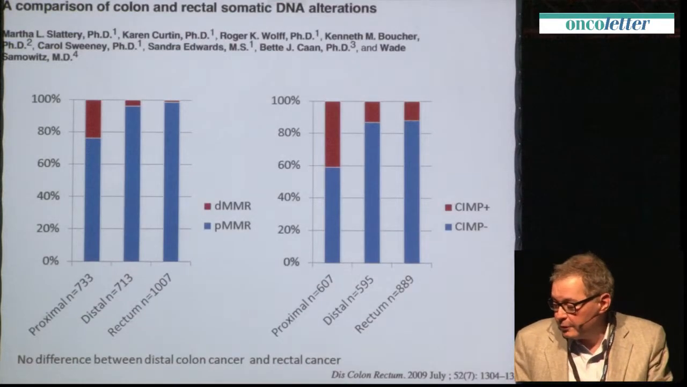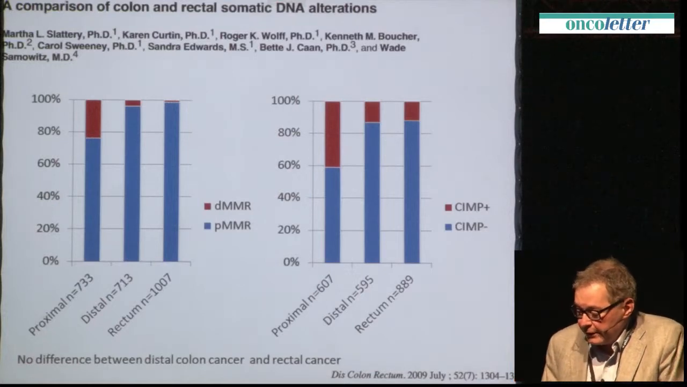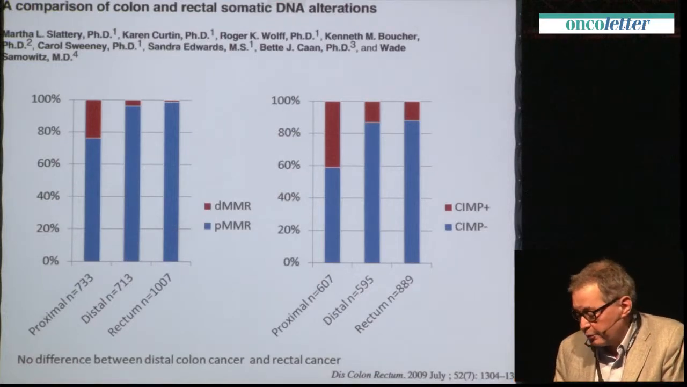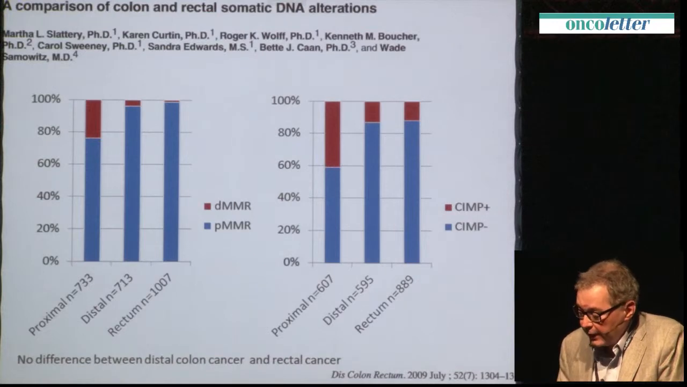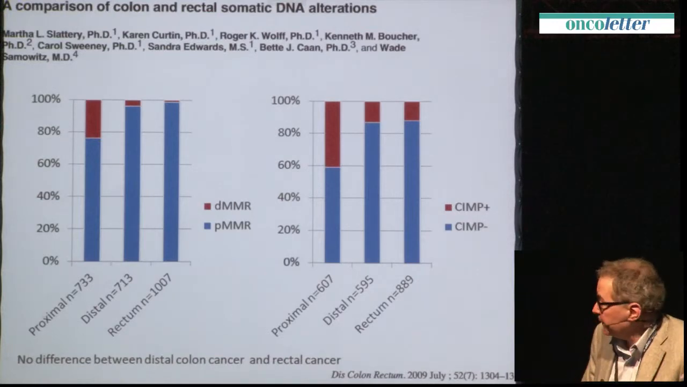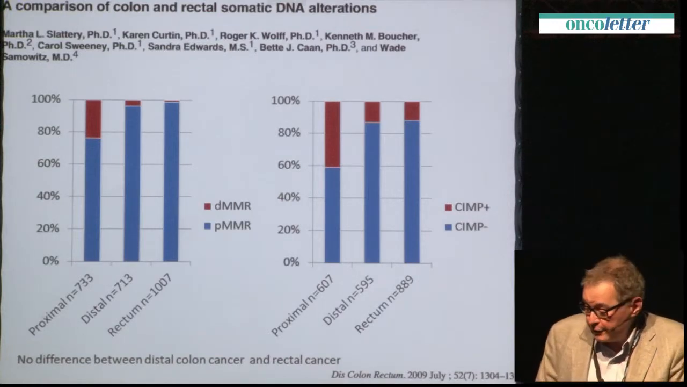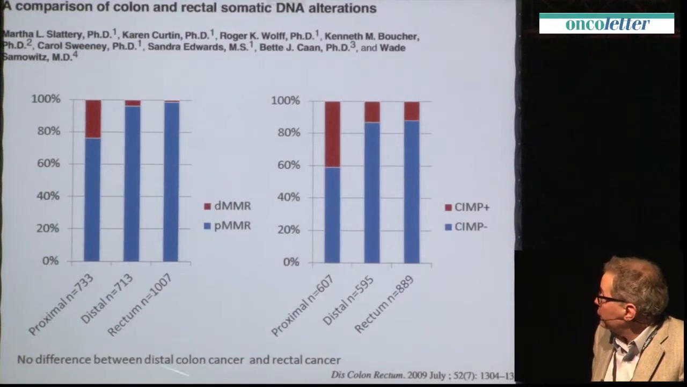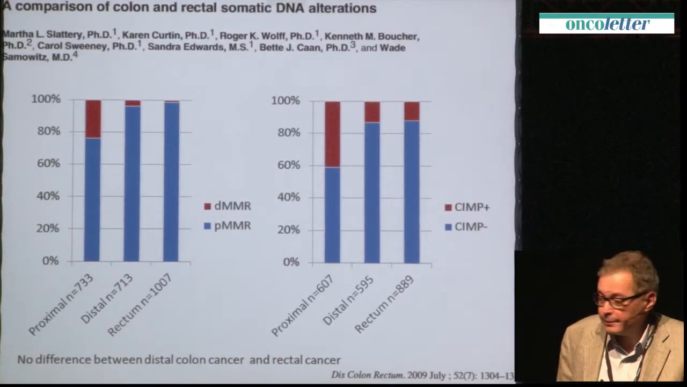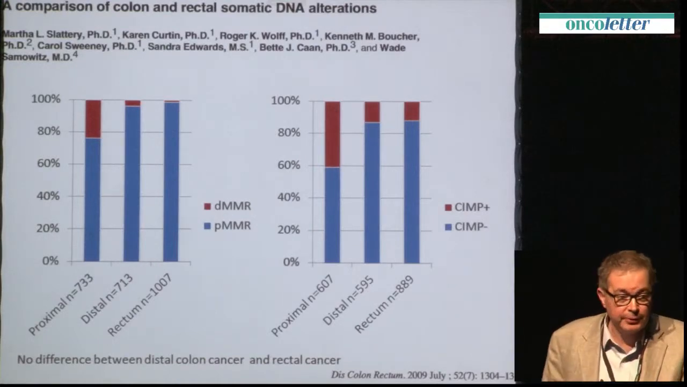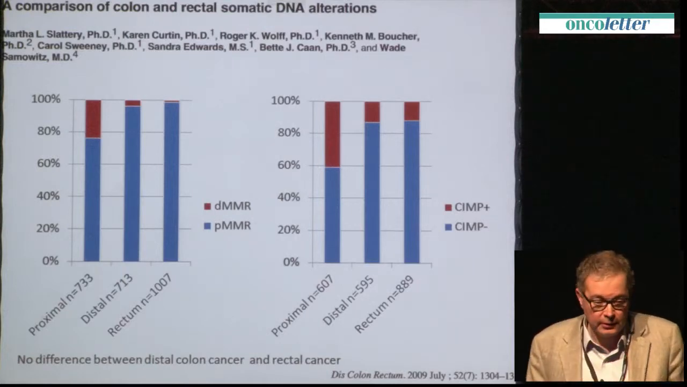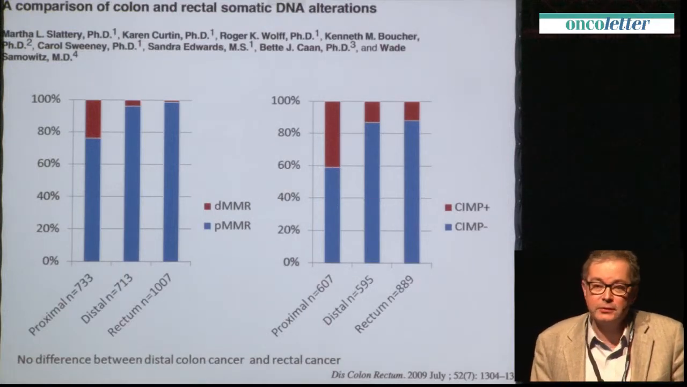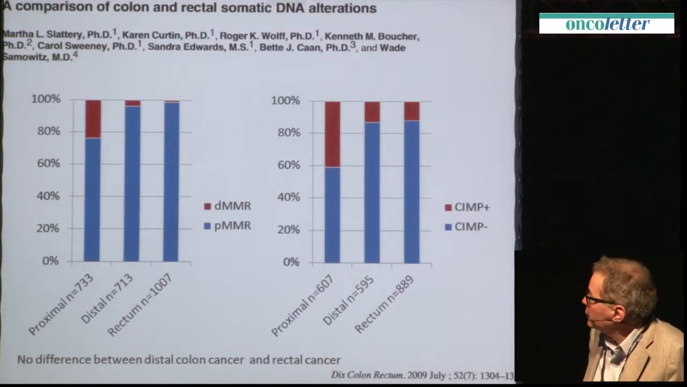This is probably the most important series in the literature. There are approximately 700 proximal colon cancers, 700 distal colon cancers, and approximately 1,000 rectal cancers. The first part of this slide concerns the MSI phenotype, that means deficient mismatch repair genes. And the proficient mismatch repair tumors, that means the stable tumors. So what we can see,